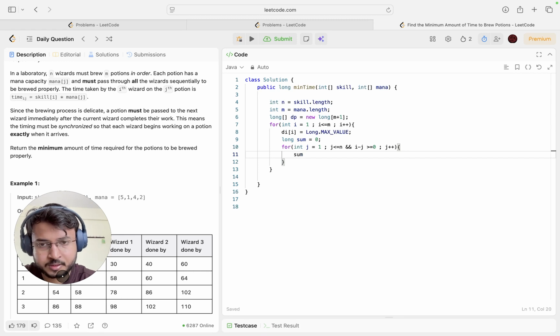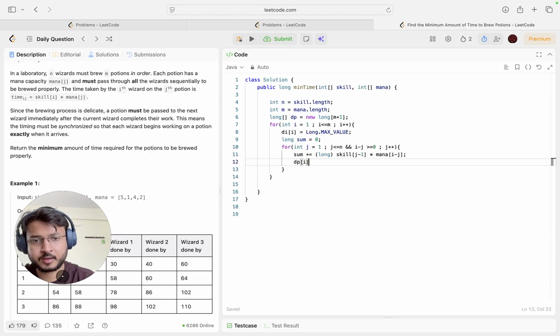So here we will just increment the sum plus equal to, converted to long, skill of j minus 1 times mana of i minus j. We have to check in the range, i minus j,